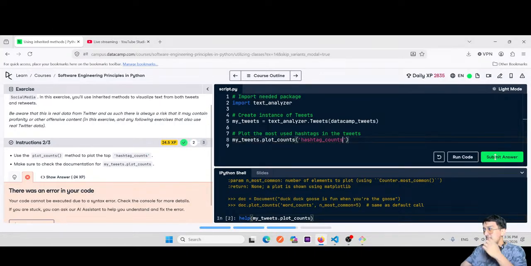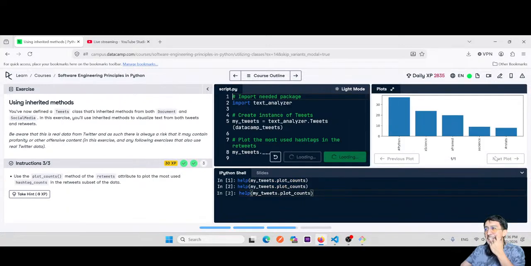So I should use this for the hashtag counts. Okay, and then